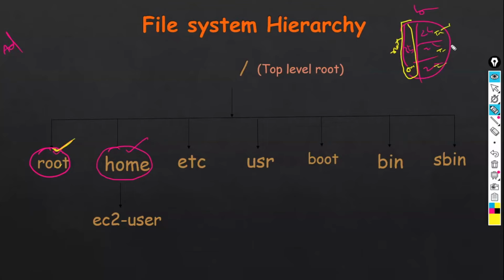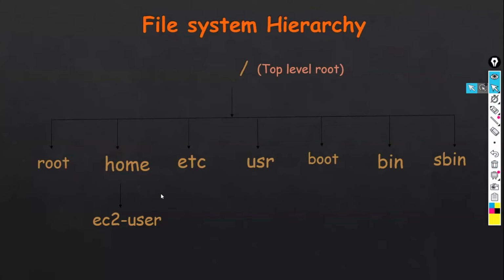Tenant 1, tenant 2, tenant 3 all stay here in home. The root directory is the home directory for the root user. Home is the home directory for the remaining normal users. Understood this one? The differences between the root directory and the home directory are very, very important.